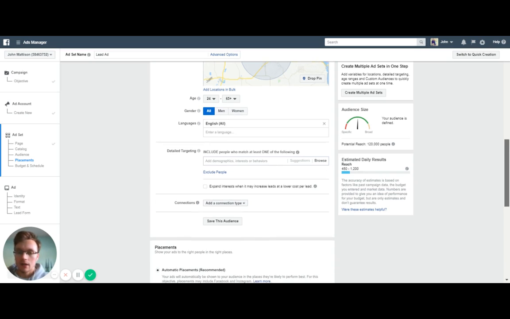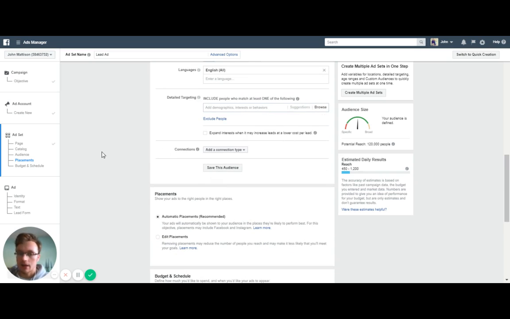Now this, right now, detailed targeting is the most important part. Within the detailed targeting, this is where a lot of real estate agents don't get the most bang for their buck. So I'm going to show you the step-by-step process of only targeting people who are truly interested in what you have to offer and you as an agent. So we'll get started